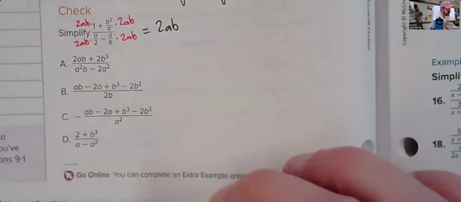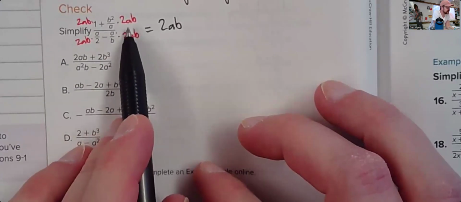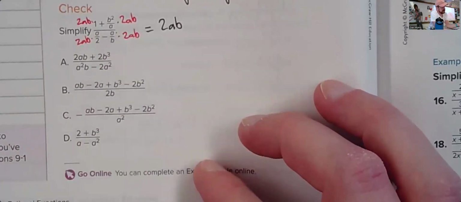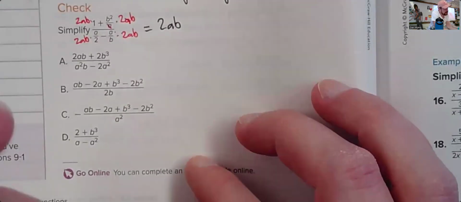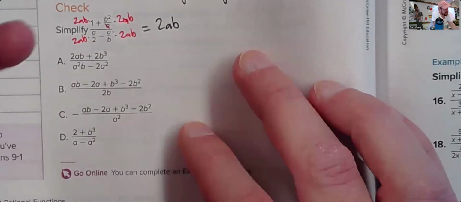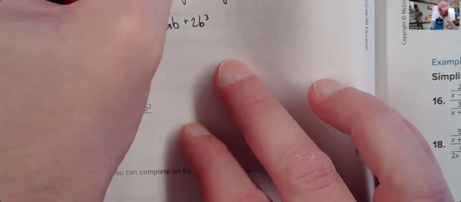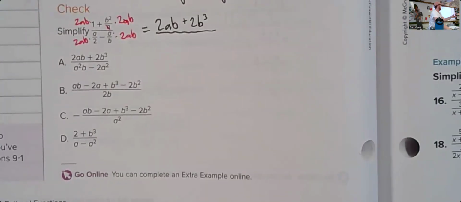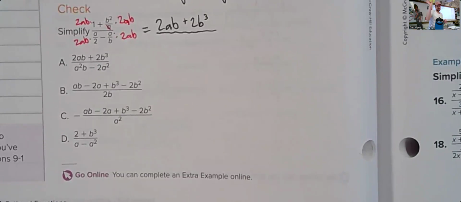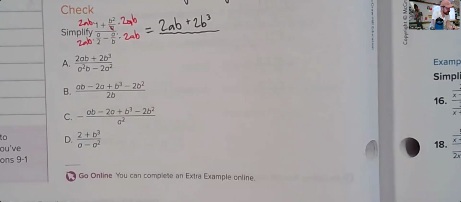All right. Does anything cancel out with the b squared over a times 2ab? Yeah, what cancels out? The a's, yeah. A on the numerator, a on the denominator. Those are factors, they cancel out. What is b squared times 2b? 2b cubed. B times b squared is b cubed. All right. At this point, I think we know what the answer is. Cool. So we got 2ab plus 2b cubed on the numerator, and then on the denominator,